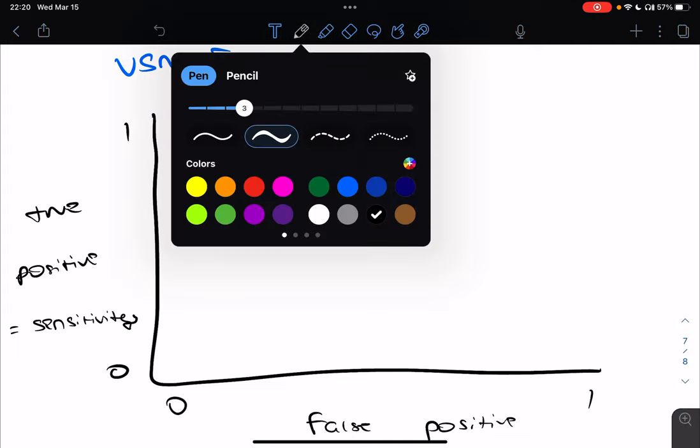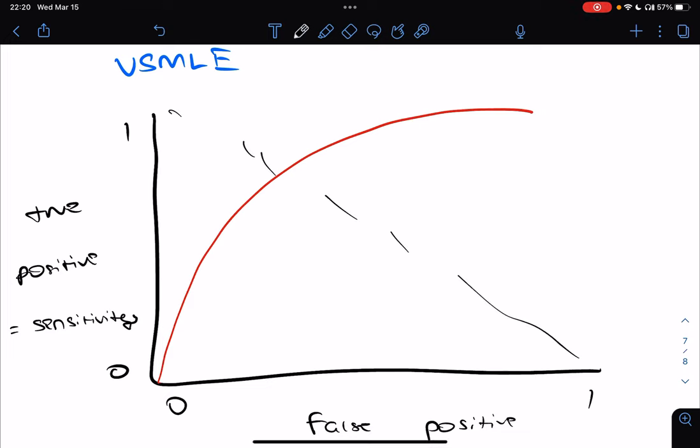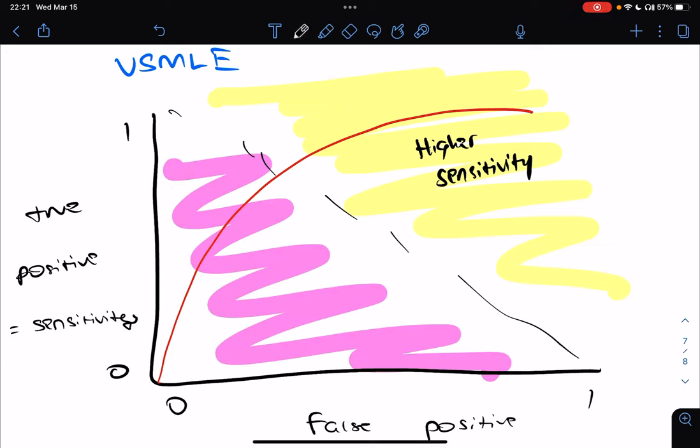So all you really need to know for the USMLE is that you have some graph like this, and basically this is your higher sensitivity zone, and this is your higher specificity zone, because my sensitivity is high up here and my specificity is high